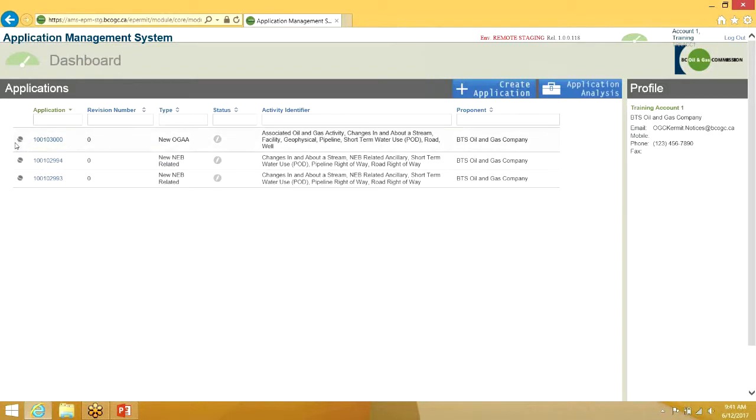By clicking on the globe on the left-hand side here, a pop-up will be presented, and you can see all of the spatial data that has been uploaded for this application. If you do not see a globe here, that means spatial data has not yet been uploaded. By clicking on the application number, you'll be brought into the application, and you can work on the particular details